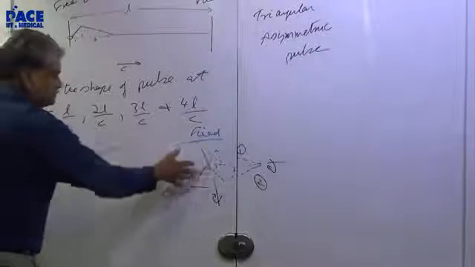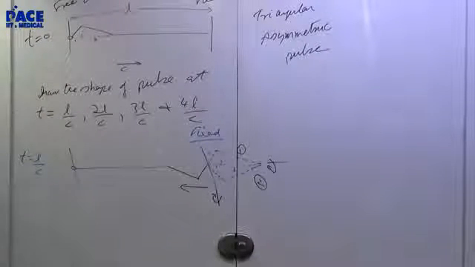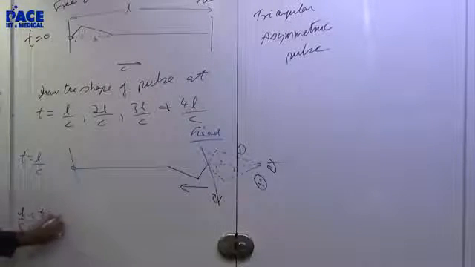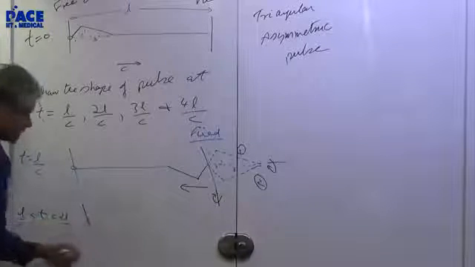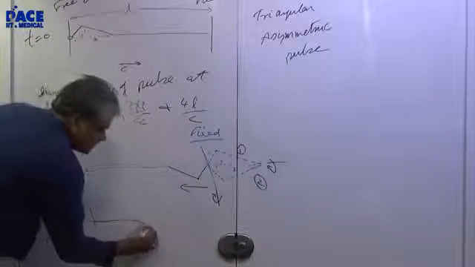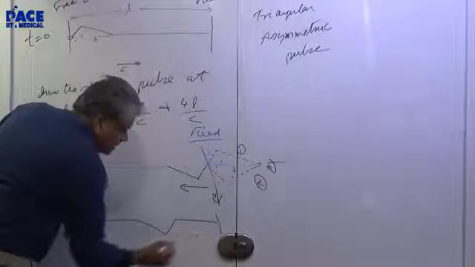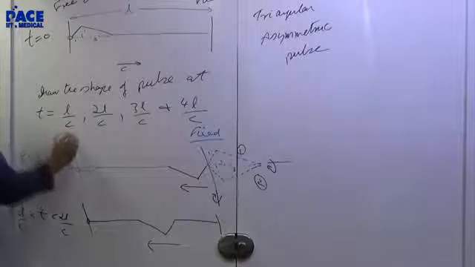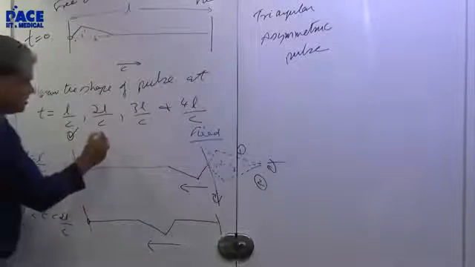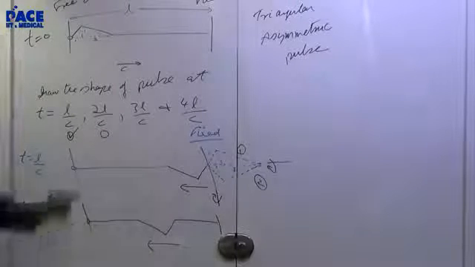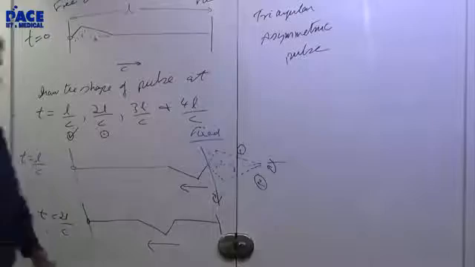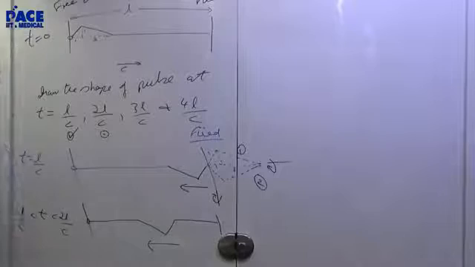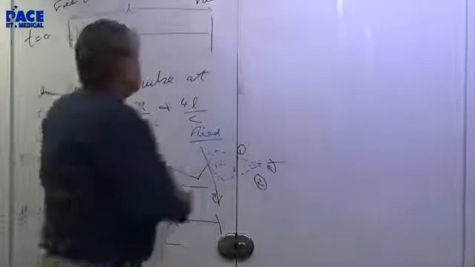So the wave travels now. If you draw between, this is not necessary but just to show you, before it reaches this end, how does it look? It just looks like that. It is just going ahead, the shape remains the same. So I have drawn this. Now I want to draw how it looks when it comes to the free end.